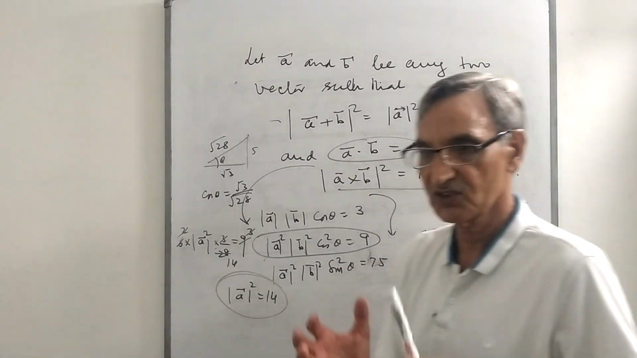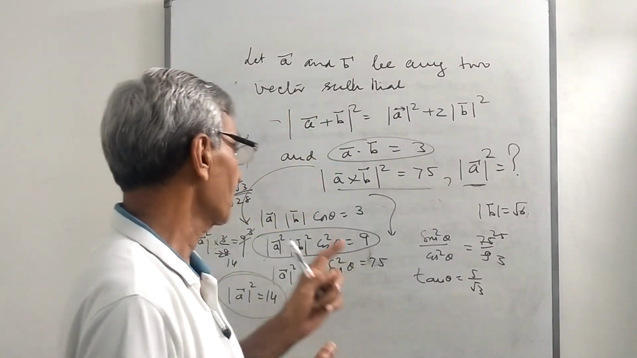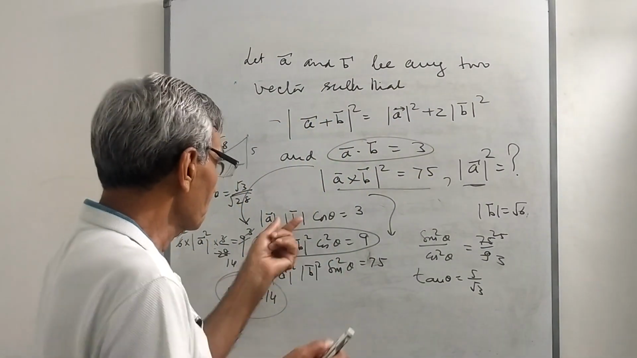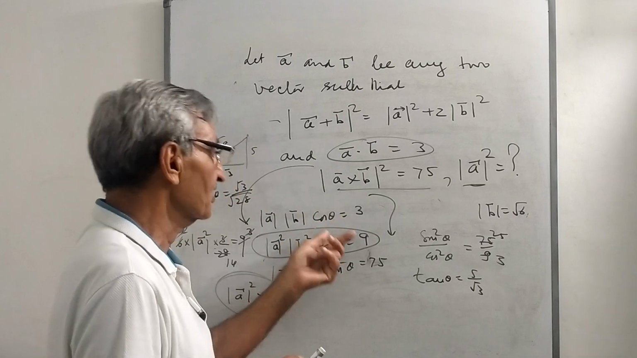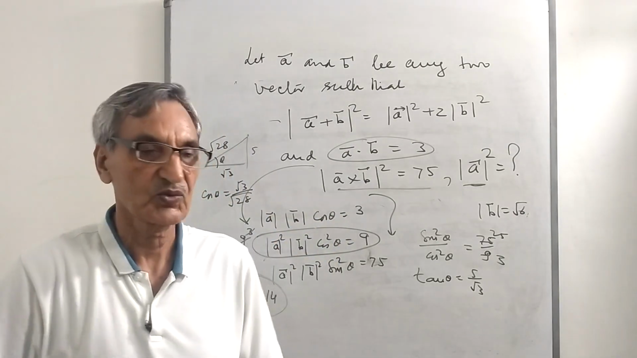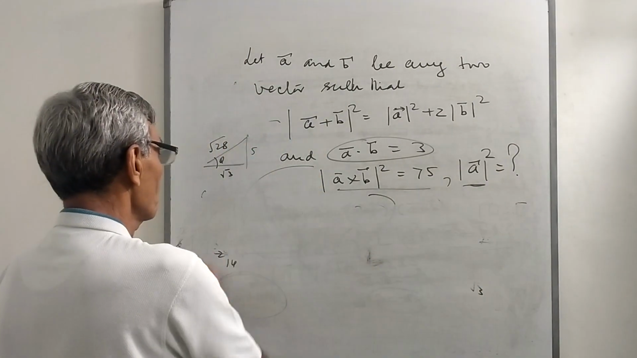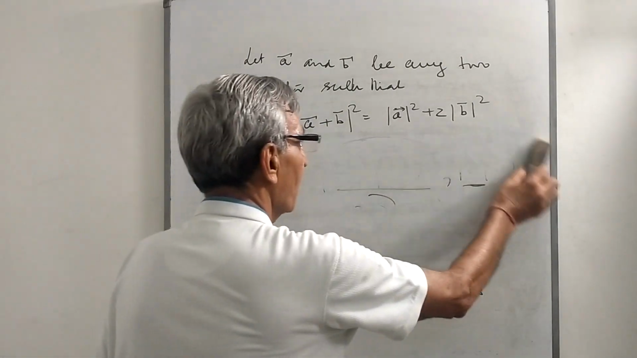Three things are given, three quantities are required, because modulus of A square is equal to this. We should know B, we should know cos theta, then we can find modulus of A. So this is the one question, my final question on vectors. Friend, I have done